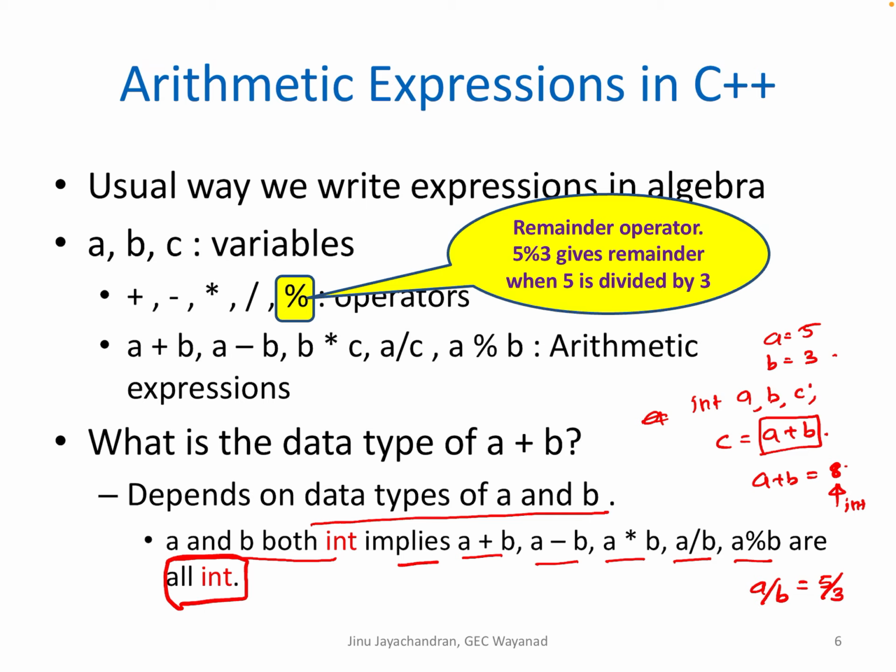It's a decimal value, something around 1.666. But still I am saying the result is an integer, because when you say C is equal to A by B, and C is an integer, then when you assign the value 1.6 to C, since C is an integer, it will truncate all the decimal places and the value of C will be 1.